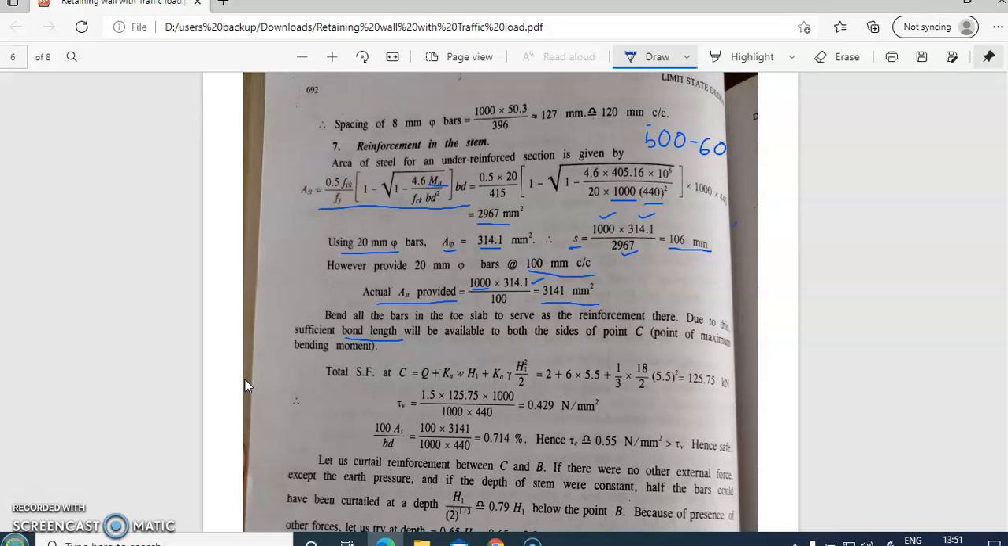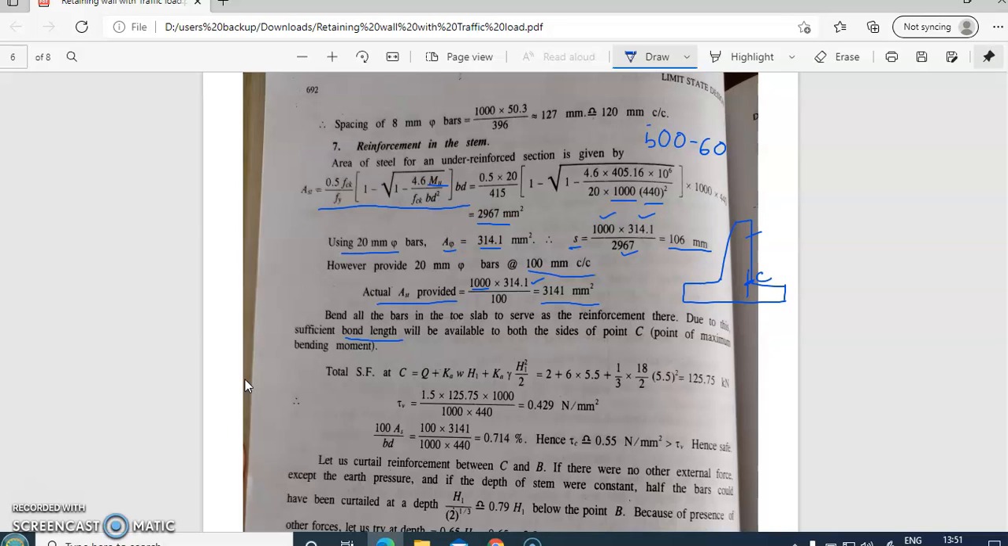So we have this point here C. Okay, this is the heel slab, this is the toe slab. When we are designing the stem slab, we should know that this part here, okay, the point C, experiences the maximum bending moment. Okay, however, we cannot curtail the bars or stop the bars or cut the bars at that point. So in order to ensure sufficient bond length, what we do is we take this reinforcement like this,